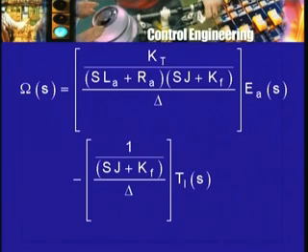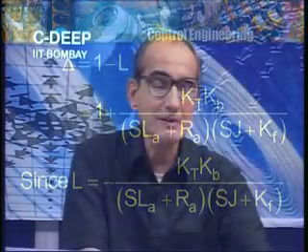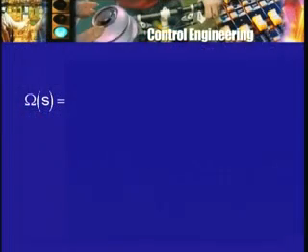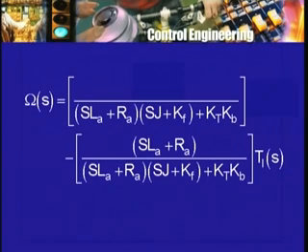Now as we did earlier, we will simplify the expressions by getting rid of the fractions in the delta term, that is by multiplying by the two linear factors, and therefore we will get the following expression for omega of s. Now this delta will change to something which will be common to both of them. So what will the delta change to? I will have this 1 plus this. Now when I multiply by this factor, I will therefore have (sLa plus Ra) into (sJ plus Kf) plus Kt Kb,